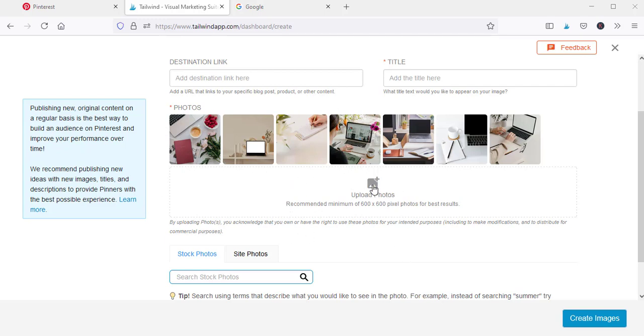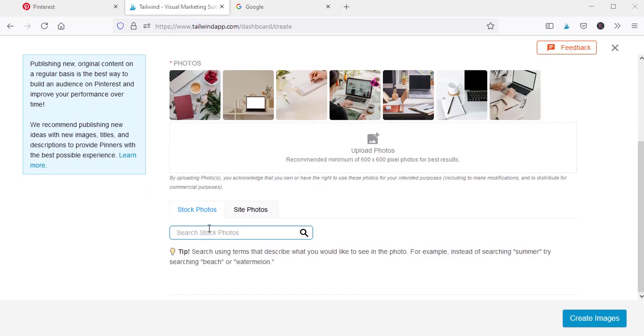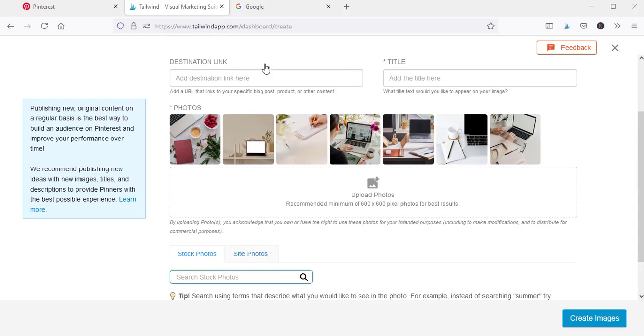I download, you press here, upload photos. I downloaded a couple of photos, and you can also search for stock photos by Tailwind, and you can upload here your blog post or a link to your specific blog post or your website. It's good if you want to create a link for a specific blog post. Just put it over there and then put the name, like how to create. You can always change that, guys. It's just an example: how to create beautiful